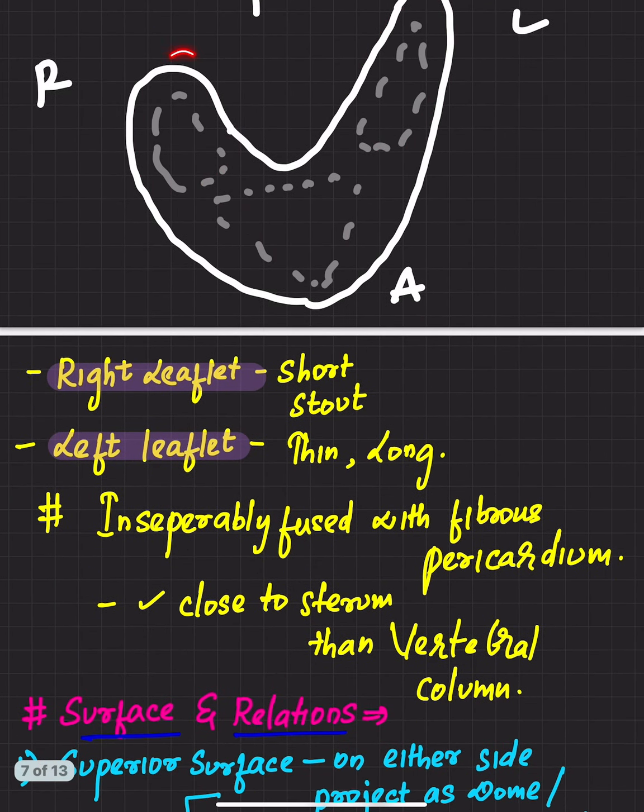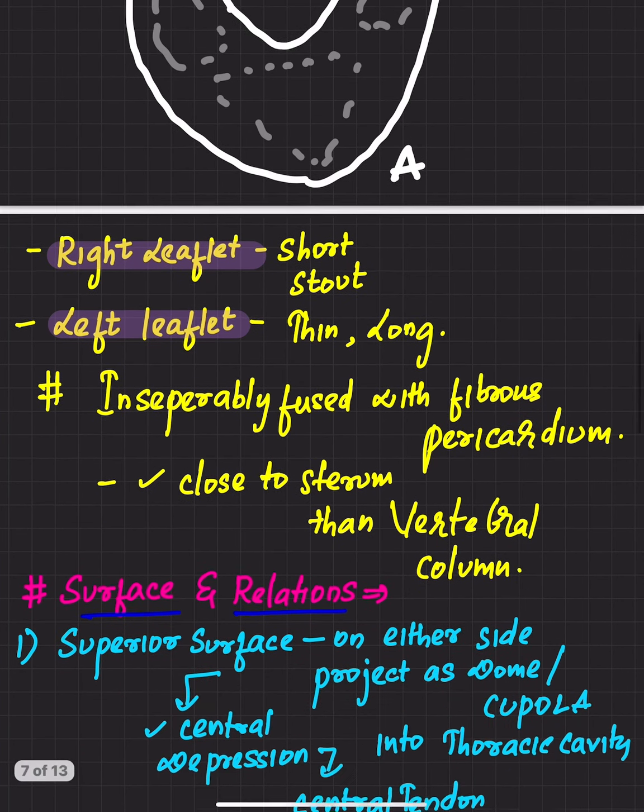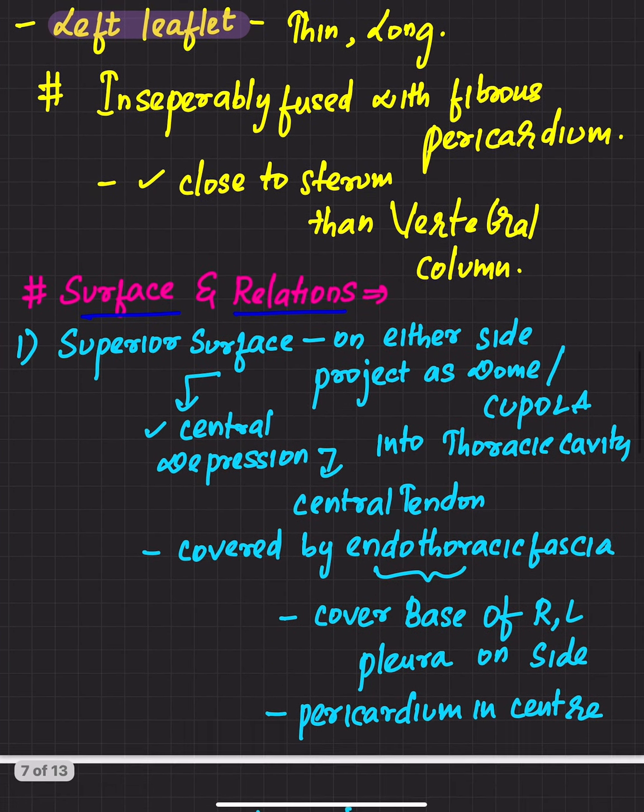So this is the right leaflet, which is short and stout, and this is the left leaflet that is thin and long, and it is inseparably fused with the fibrous pericardium of the heart. It is present closer to the sternum than to the vertebral column. Surfaces and relations. Superior surface: on either side, it is projected like this as a dome or cupola into